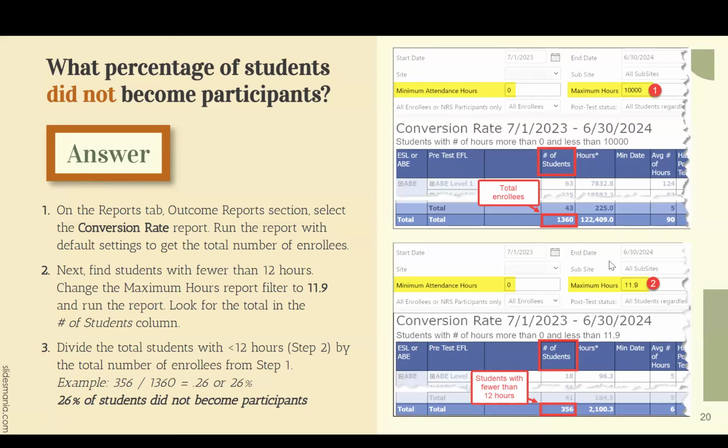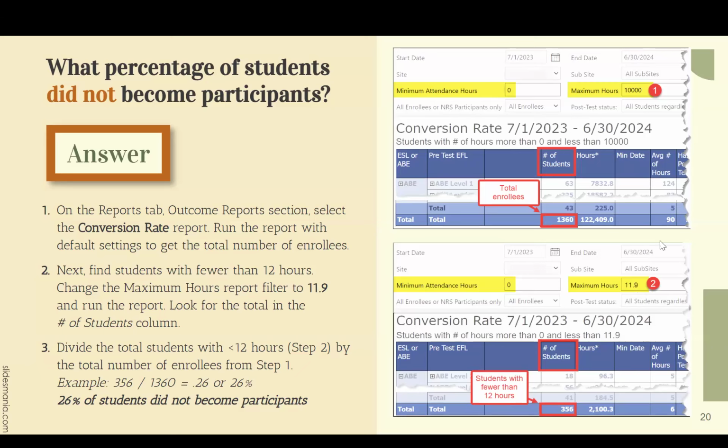Is there any way to make it so that the table A could also take in partial numbers? We could probably do that. But I think the table A is looking for a minimum number of hours, where the table A doesn't have this minimum and maximum option. Here we're looking for the maximum, so we're finding the people who are below it, whereas the table A is only going to find the people who are above it.